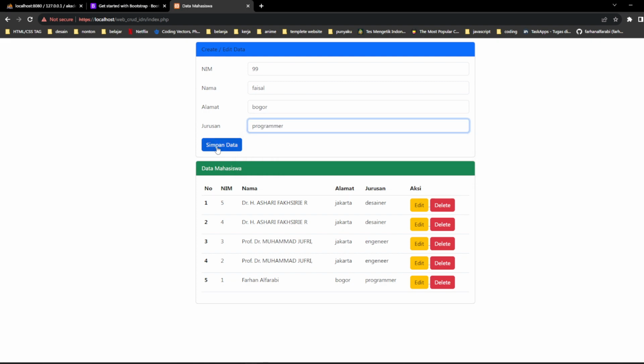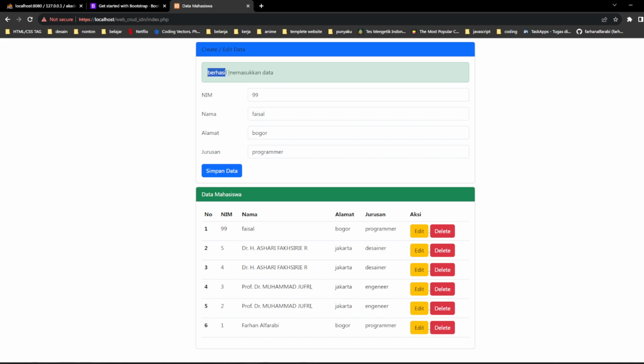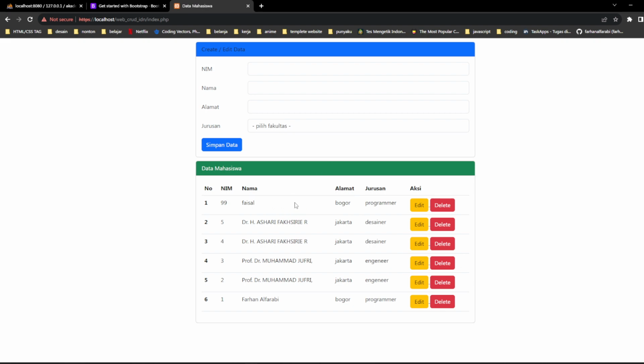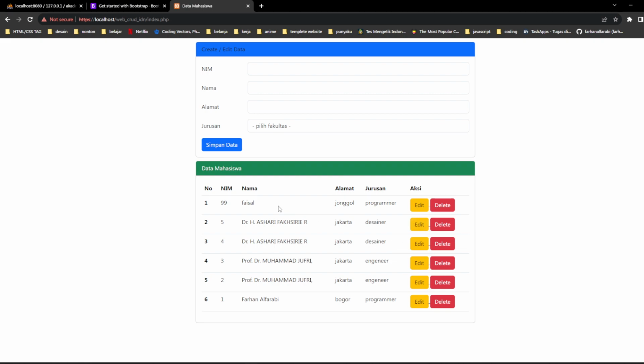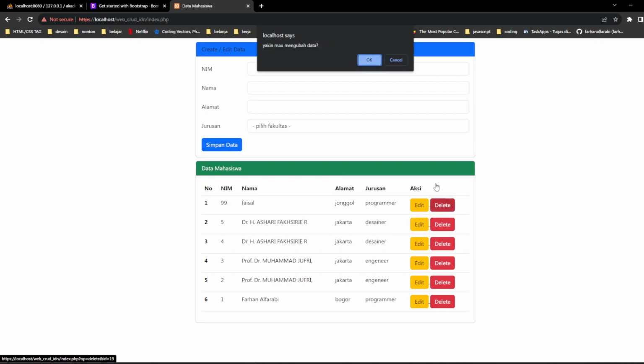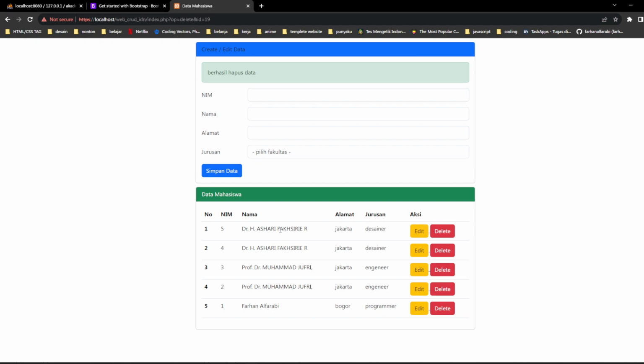I will save the data. You can look, berhasil masukkan data, like that. And if I edit Faisal, maybe I will edit the alamat to Jonggol. I will change and save. So data berhasil ditambahkan, like that. And if I delete Faisal, delete shows the alert "yakin mau mengubah data", and I will click OK. Now the data is deleted.